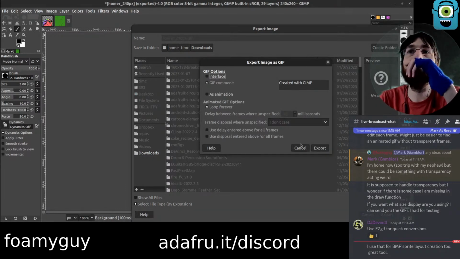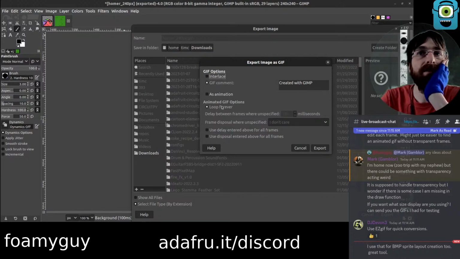Interlace, GIF comment, has animation, loop forever, delay between frames, frame disposal.